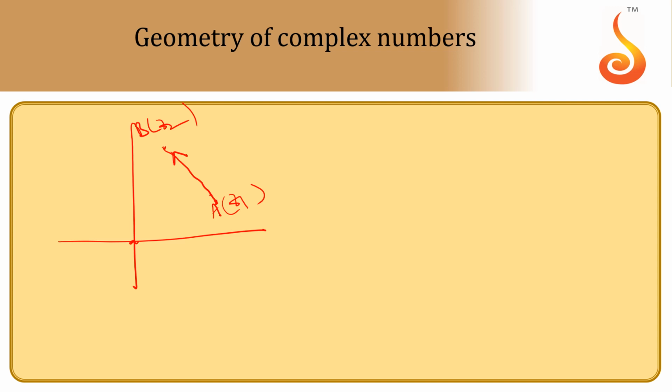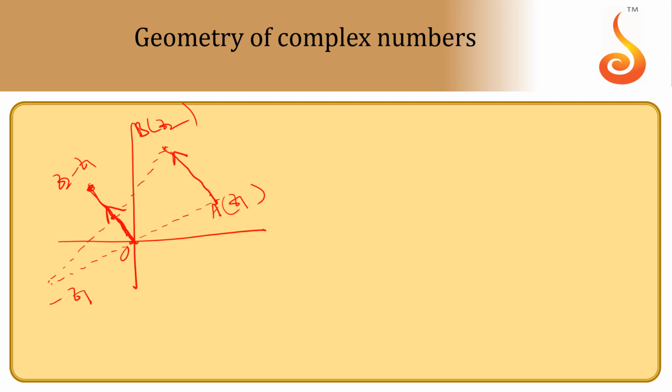Now let us observe carefully. If you join Z1 from the origin, that is the position vector of Z1, and I take the additive inverse, which is minus Z1. Then I will join Z2 and minus Z1 and take its midpoint. I will join it from the origin, because this will be Z2 minus Z1. Then I will make it double. Then this is nothing but Z2 minus Z1. Please observe the parallel shift. So is the Z2 minus Z1 vector coming here or not?